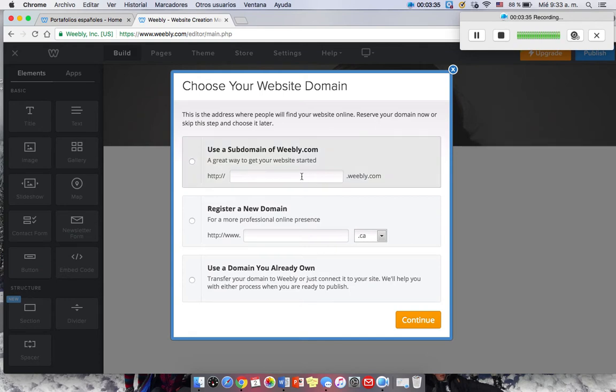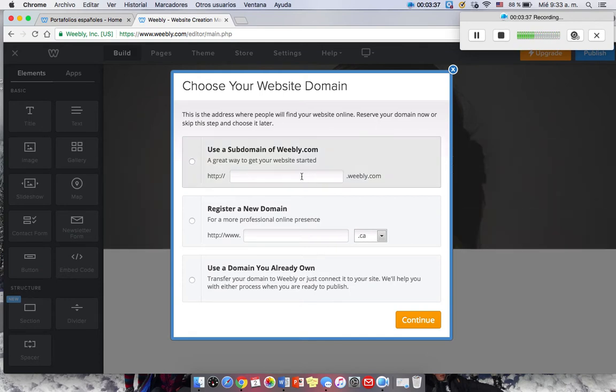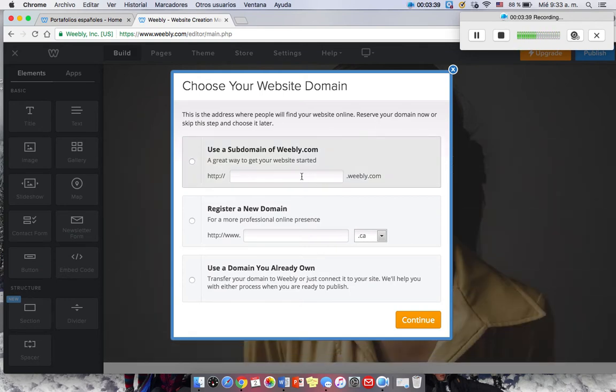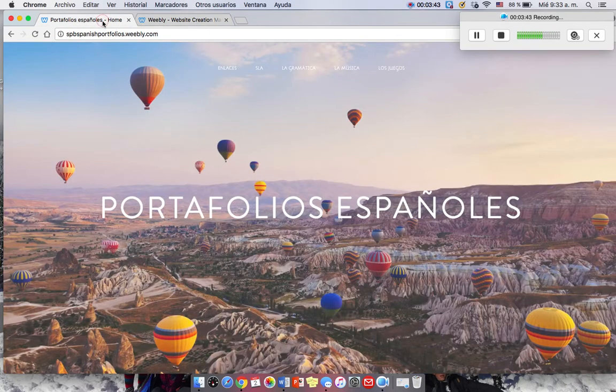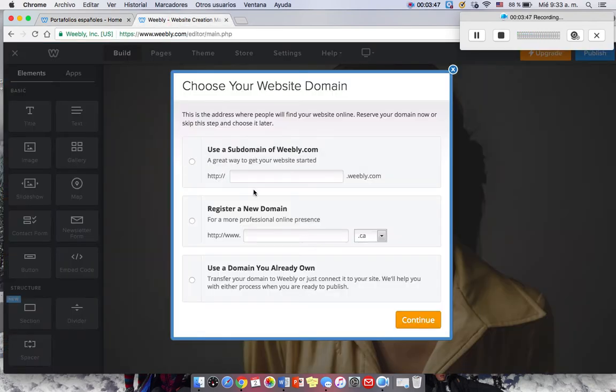Okay, so it's going to say I need to choose my website domain. That means you need to choose the name of your website that's going to come up here, just like ours. Our class one is spvspanishportfolios.weebly.com. Okay, you can make this whatever you would like. So I'm going to say, like, you could make it your nickname, your name, and then Spanish portfolio, whatever you would like. I'm going to say